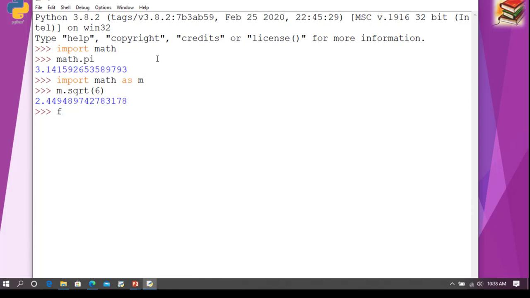example, from math import e. Now I can directly print this e, so it gives the value of e. This way we can import different modules that are available in the Python standard library and use them in our